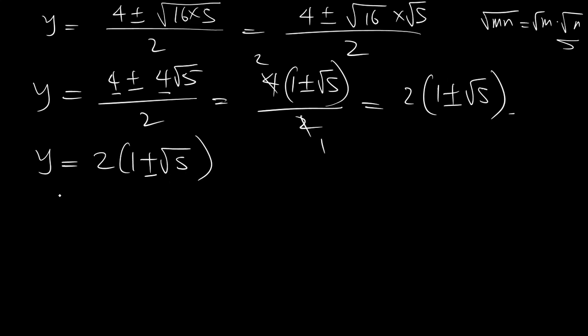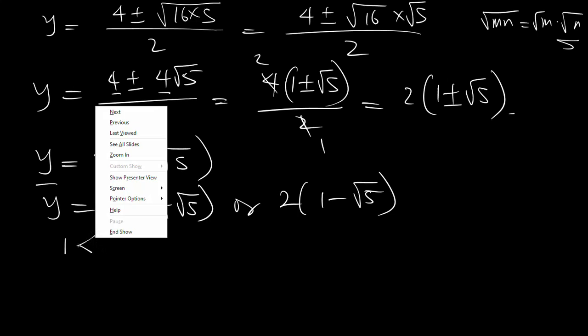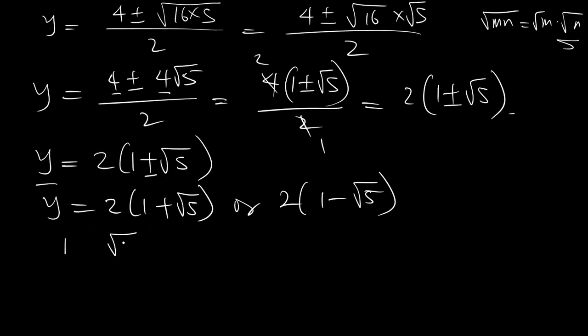So now y, since this is a length, is not supposed to be negative. Since it's not supposed to be negative, let me just put the two conditions for y here. You have 2 into 1 plus the square root of 5, or 2 into 1 minus the square root of 5. Now, since 1 is less than the square root of 5,